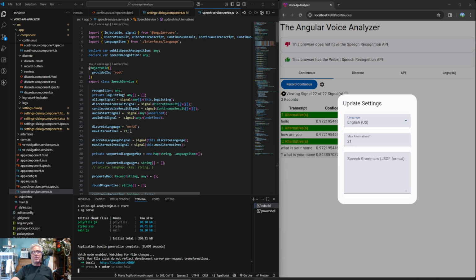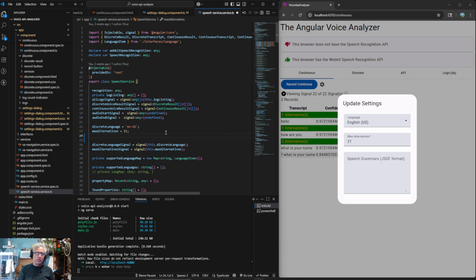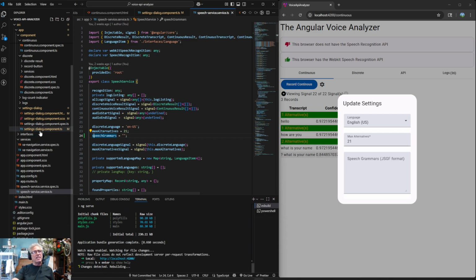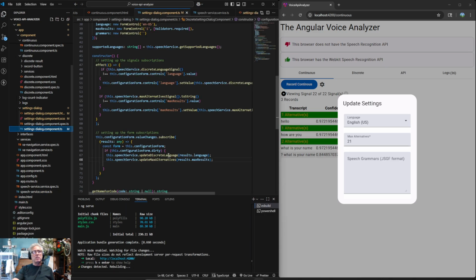I'm not 100% sure on that, but I do know we will need a service attribute, so we'll do that. And this is called speech grammars. And it is a string. And basically, I believe inside of the settings dialog component,